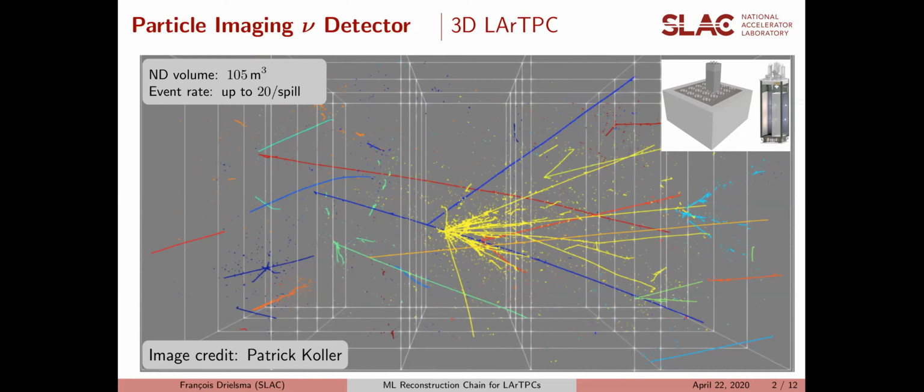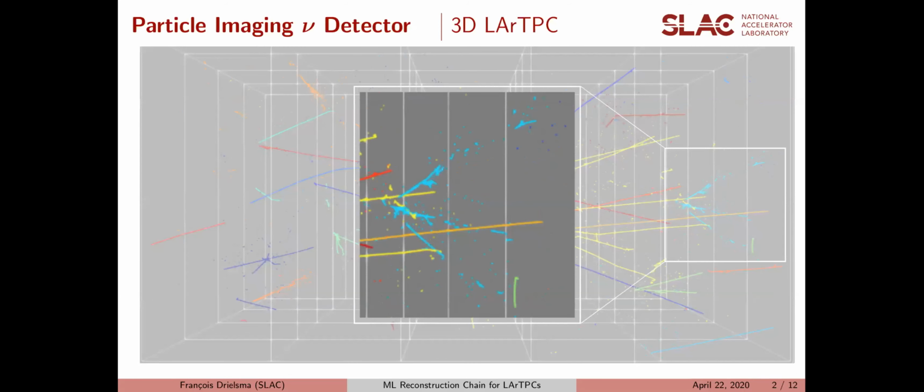So we want to try to put the different particles and showers together into interactions. So trying to do interaction grouping. And before we can actually get to that step of interaction grouping, we need to look within an interaction and try to do a shower grouping. So we need to have shower objects before we can try to assemble them into an interaction. And so here I'm giving you an example of a neutrino interaction on the right-hand side, where you've got 3 different showers coming out of the interaction vertex. And so we want to try to cluster these 3 different showers into 3 separate objects. And so this is the task that I'm going to present first